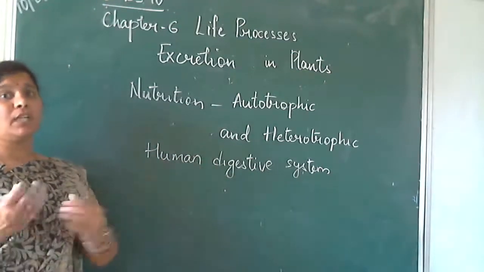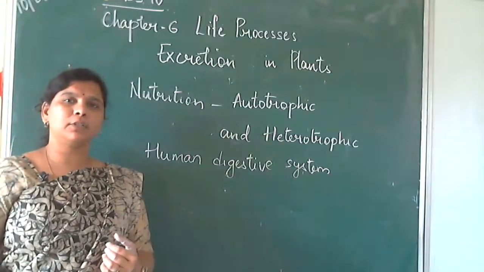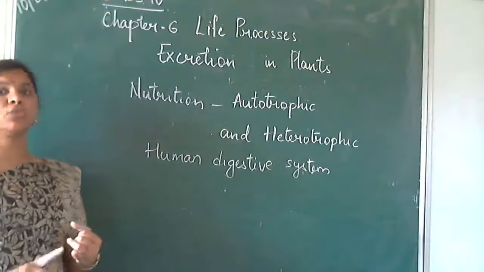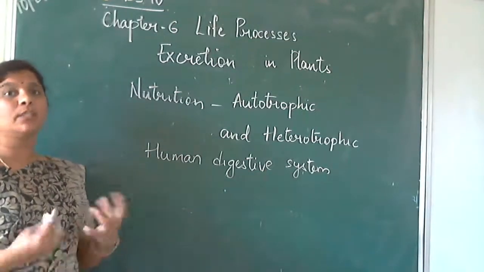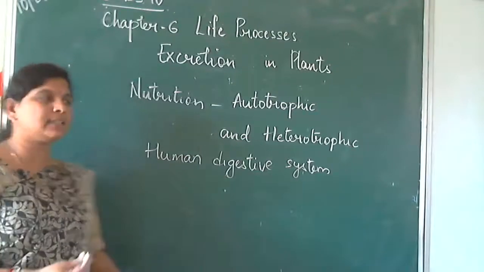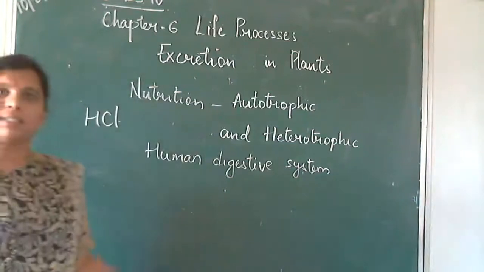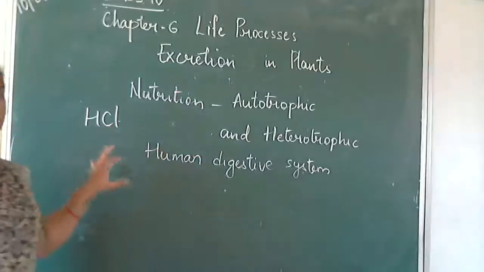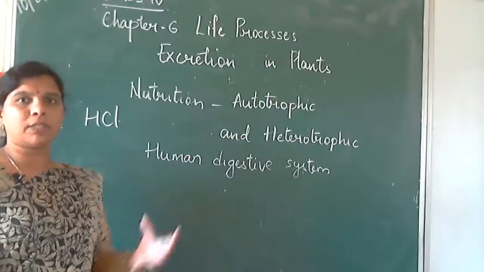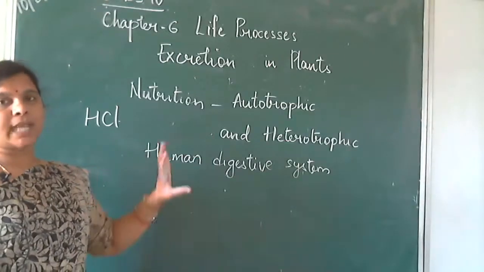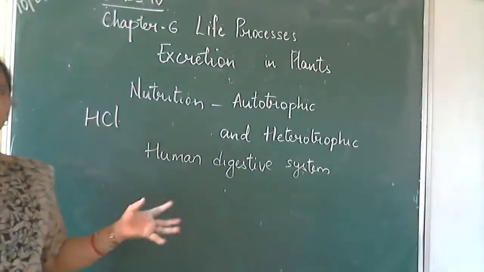Again, when we are learning about the stomach, what are the points to be remembered? So in the stomach, the pH will be acidic. Okay, the pH will be acidic. Which acid is secreted by the stomach glands? HCl. Okay, understood. And what is the function of HCl there? It kills the germs which enter into the stomach through the food, and also it makes the stomach medium acidic.